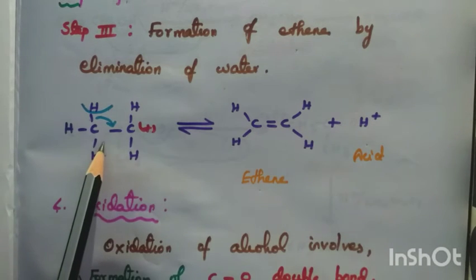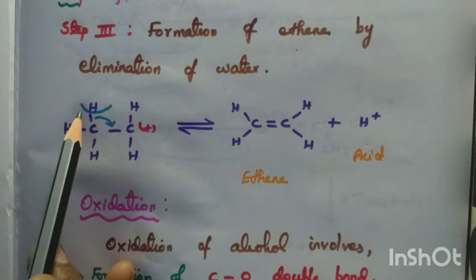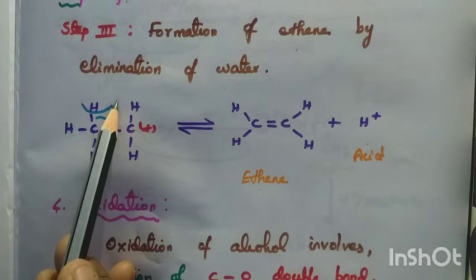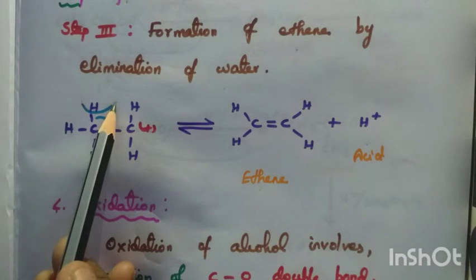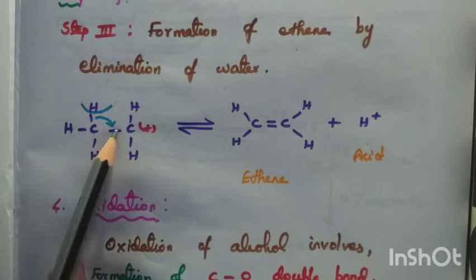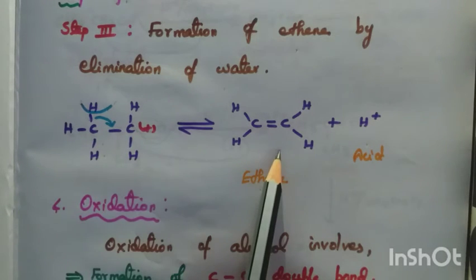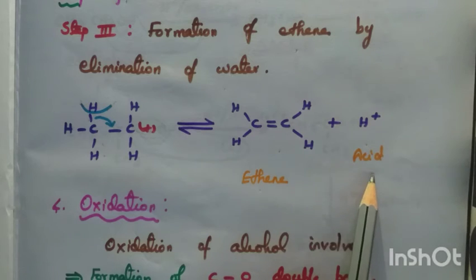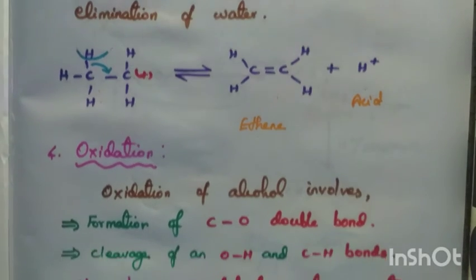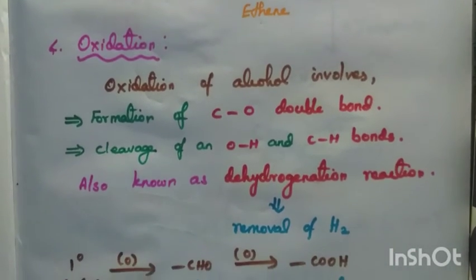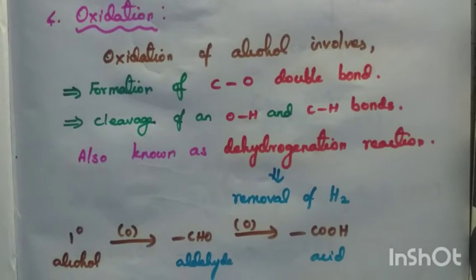How does this reaction take place? In the first step, it gains one proton, no? Now it is going to lose one proton as H plus. Proton means H plus. So the bond comes here. This plus is removed and we get ethene. This is the acid, removed as H plus. Given by the acid, it is a catalyst, so it should not be involved in the reaction.